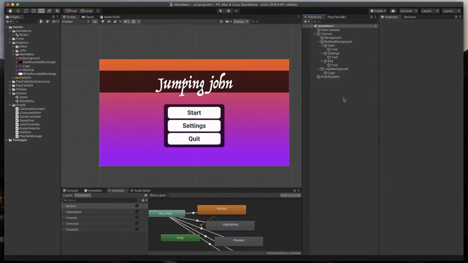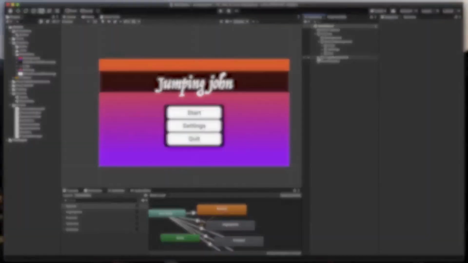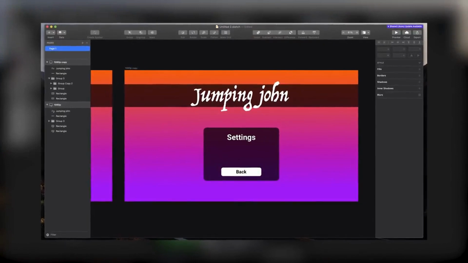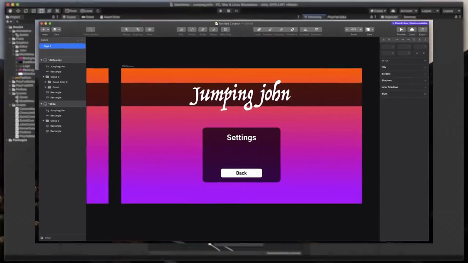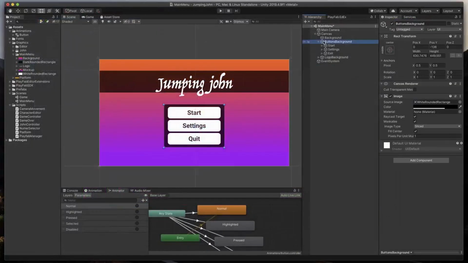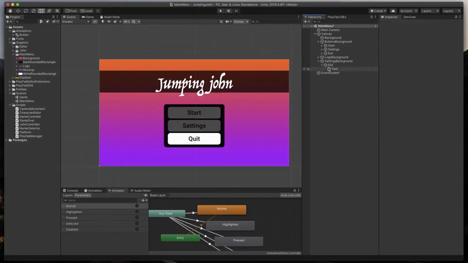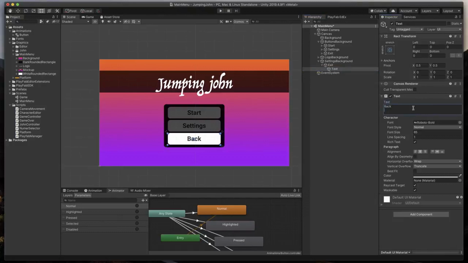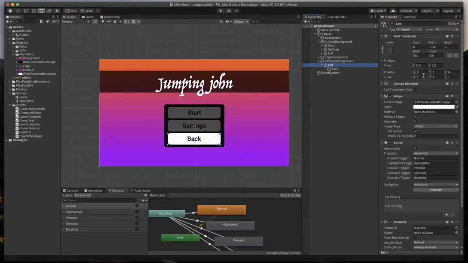Great! And now, the last UI component we're missing is the Settings menu. As you can see, our mockup does not have any settings controls because I don't want to focus on them today. So in Unity, we can simply duplicate buttons background and this time call it the Settings background. Here I'll only leave the last button and I'll change its text to back. Also, to make it a bit smaller, we can simply change its size to something like 0.7 in both X